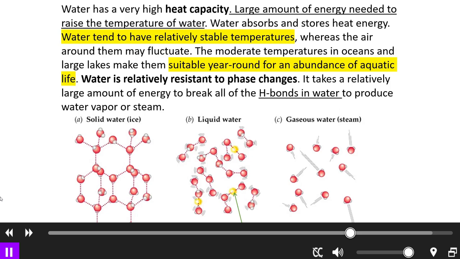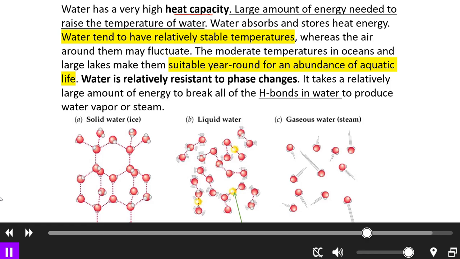Water has a very high heat capacity. A large amount of energy is needed to raise the temperature of water, because water can absorb and store heat. So water tends to have a relatively stable temperature because of this, compared to the air around the water, whose temperature fluctuates easily. The moderate temperature in the ocean and lakes makes them suitable year-round for the abundance of